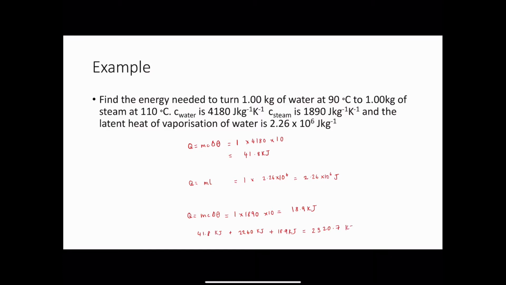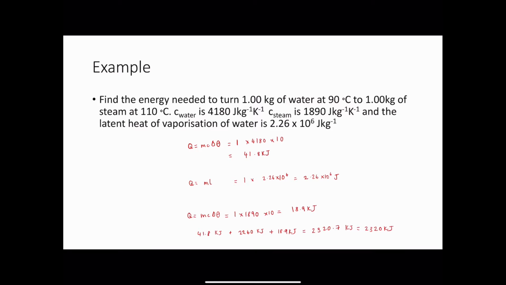kilojoules, which if we put the appropriate amount of significant figures that the question is giving us, which we can see is 3 sig figs, that's going to be 2,320 kilojoules. Okay, so we found, first of all, the energy needed to